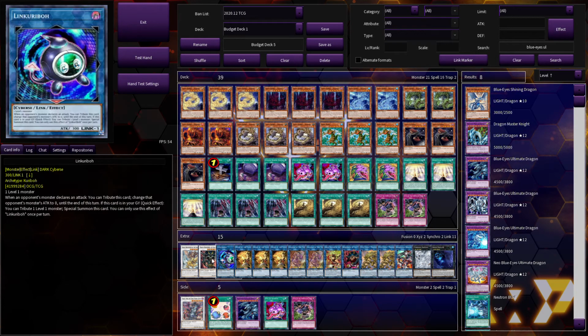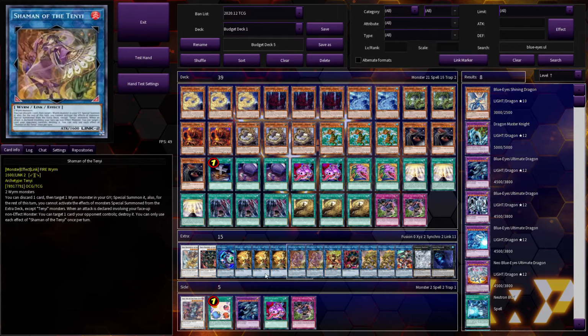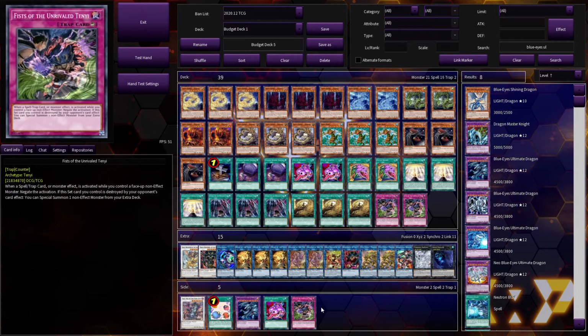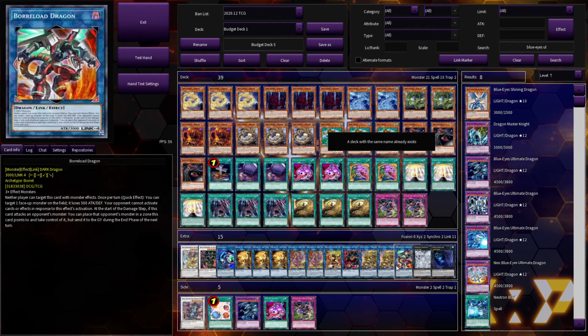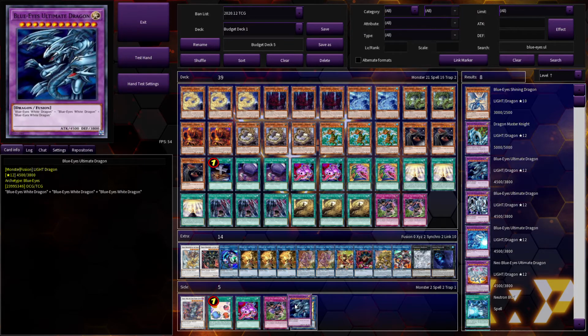You can also play Blue Eyes Ultimate Dragon, which is kind of a fun tech that I play in this deck, since when the Fist of the Arrival Tenyi is destroyed, you can just get it out. And I think you can replace it for 1 size Rara and put it in, or